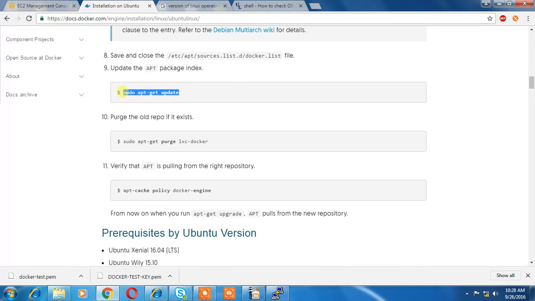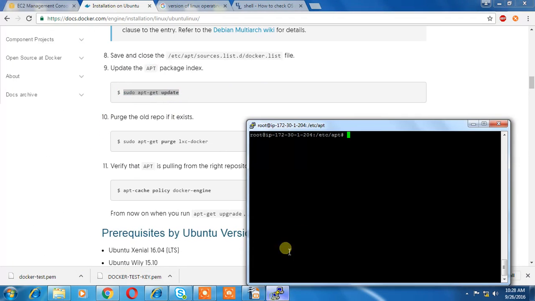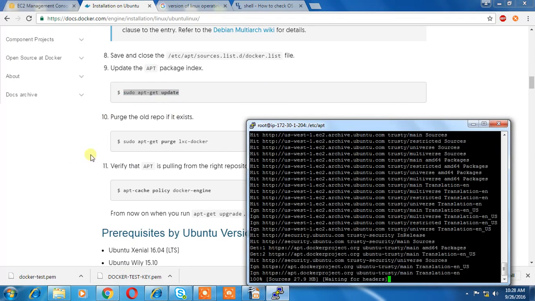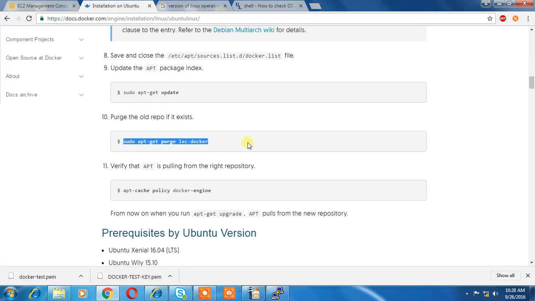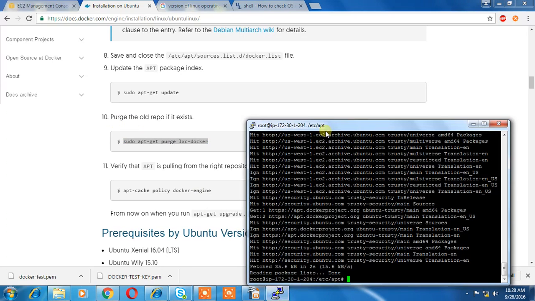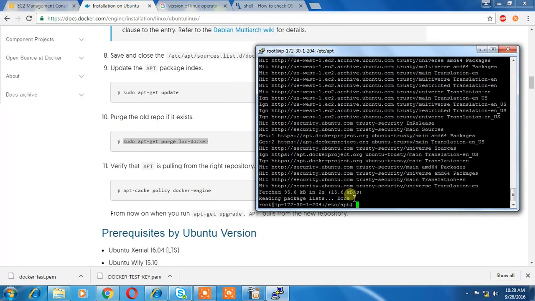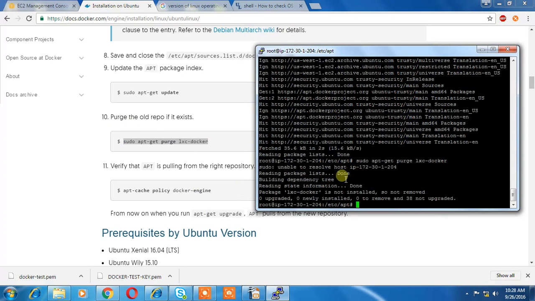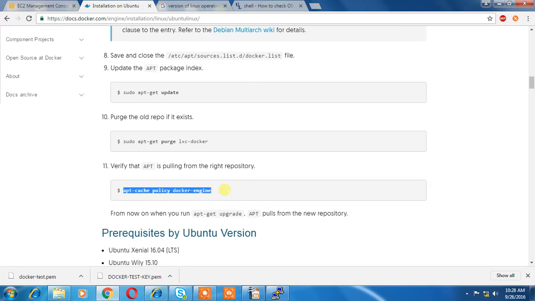Now let's again update the package manager. Okay, we want to purge or delete any of the old repositories that exist by using this command. Okay, nothing is upgraded. No, nothing is wrong. Okay, let's try